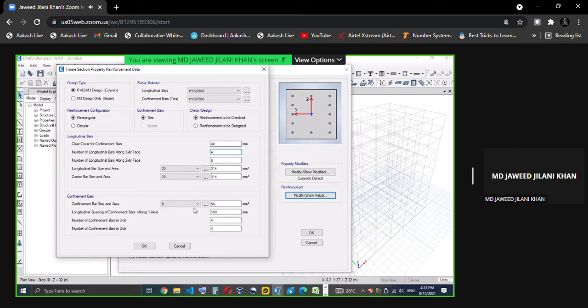One more point I want to say. Say there is an existing building and a client has approached you to add two more stories, but the client says, I don't have a drawing. What happens if there is no drawing? Structural drawings are not available. What will you do? You will need to go for NDT testing.